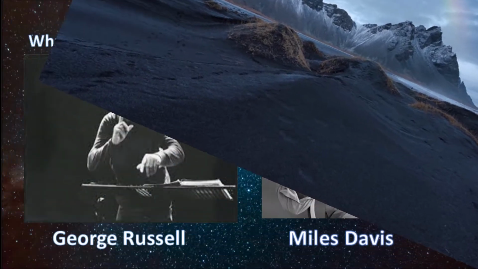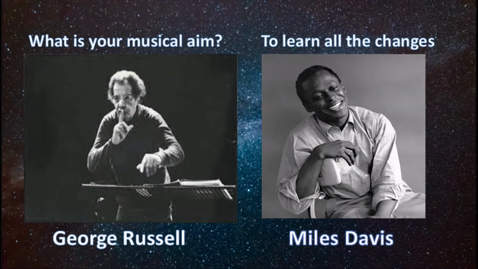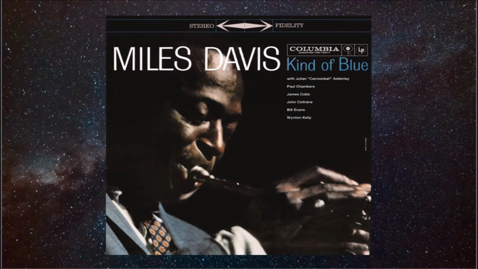Way back in 1945, George Russell asked Miles Davis the question, "What is your musical aim?" And Miles Davis answered, "To learn all the changes." Russell was surprised because Miles played as if he knew all the changes already. So he started thinking about what Miles really meant. That was how he started his research. A few years later, Miles learned the theory and released the greatest jazz selling record of all times, Kind of